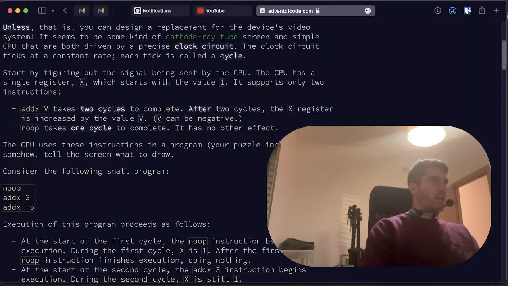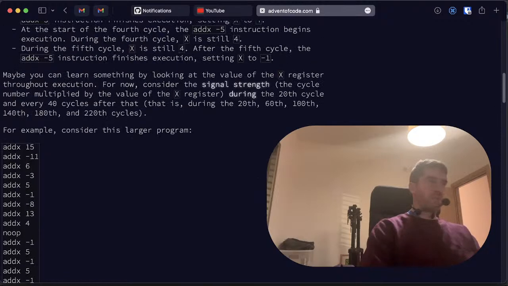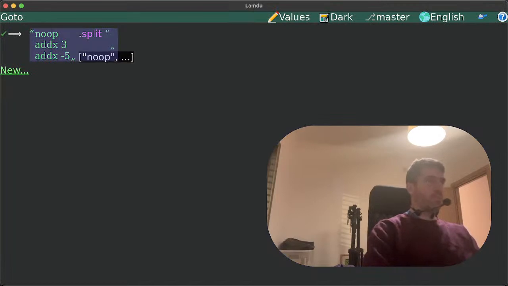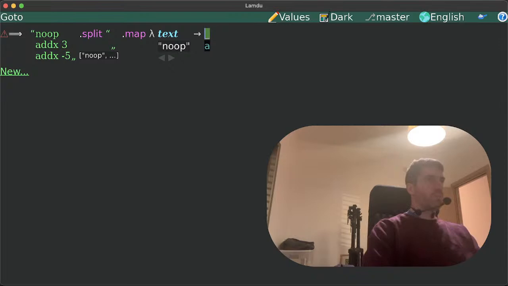It looks like the different instruction types are no op and add x. Okay, so let's map it into